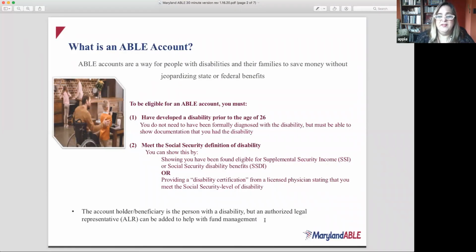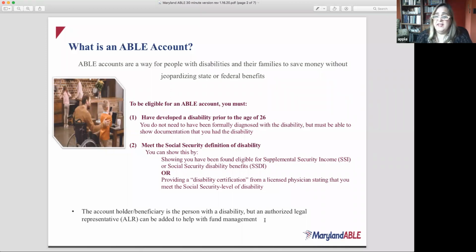While I'm talking about the national legislation or the federal legislation, it's important to know that every state that has an ABLE program has a certain amount of flexibility to make features to their program that are different from other states. So I'm going to share with you first the guidelines for all ABLE accounts, and then we'll talk more specifically about Maryland. The first thing we'll discuss is who is eligible, and that would be a person who experienced the